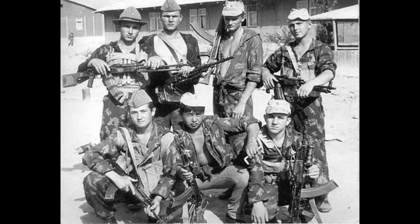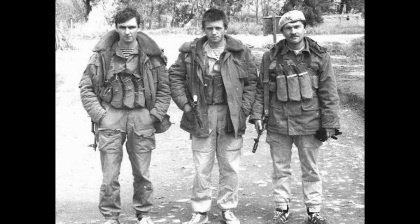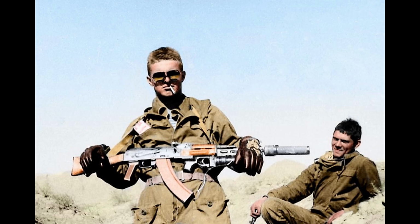Things to mention first. For every country, the equipment used by special forces is usually down to their own accord, so the equipment is varied. This is especially true for the Soviets at the time, which is why you'll see wild things like Adidas Gazelles or the 1980s Moscow Olympic variant made by Adidas for the Soviet market, the Moskvas, being worn and used in active operations in Afghanistan. Just like the name suggests, the Spetsnaz were used for specialist tasks and countering the hit-and-run